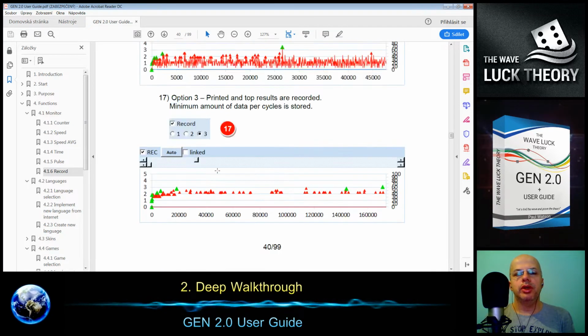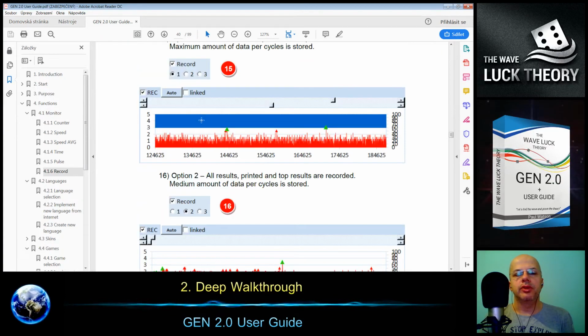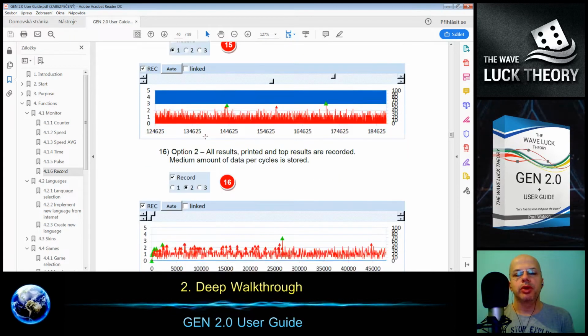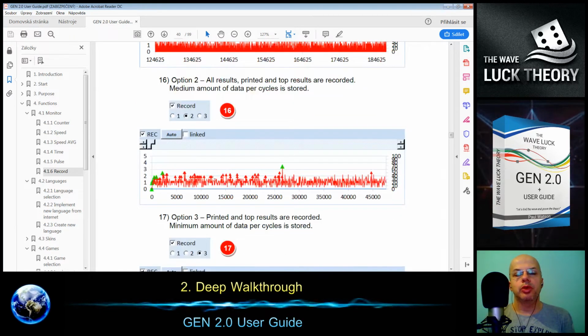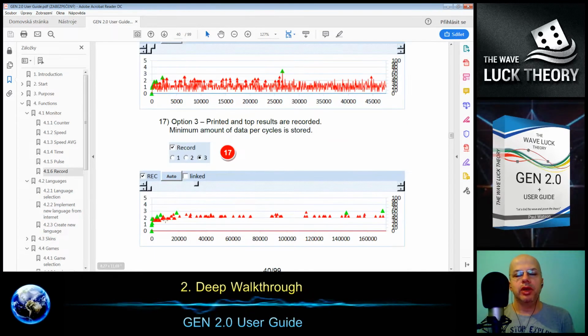Each option differs: the first one is speed consuming and data consuming in the memory. The second option is less consuming, and it's actually the preferred one to see the trends and how the position is, and to see if there are some repeated patterns. And finally the last one is just to see the result and what is going on.